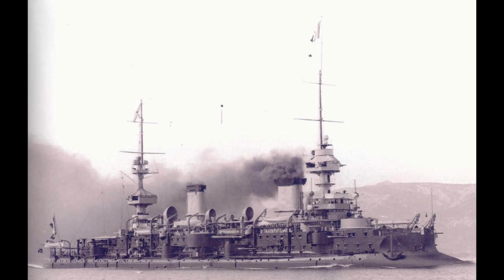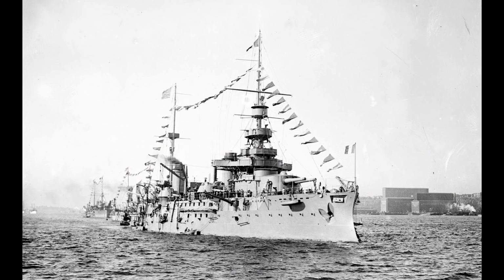By contrast, partially due to some strange ideas about design and partially due to a somewhat corrupt system that meant every company in an industry had to get some part of a contract, the French had built what was called the Fleet of Experiments, a series of effectively handcrafted artisan battleships where none were alike. Even an attempt at building a single class had left them with 3 unique ships that were never quite fully compatible. Whilst they eventually mostly fixed this, it meant that by 1910 France had precisely 0 dreadnoughts in service or